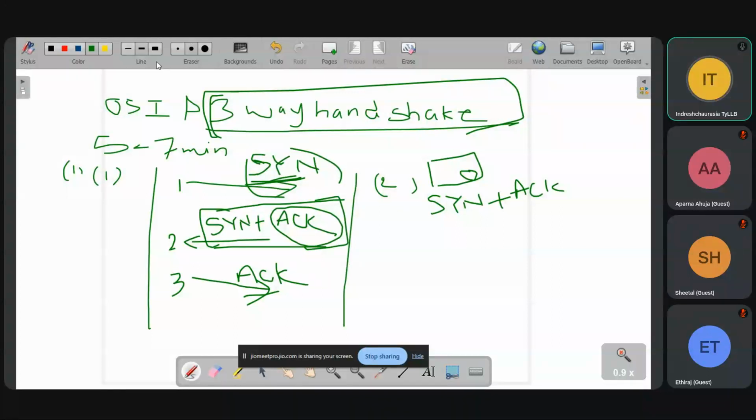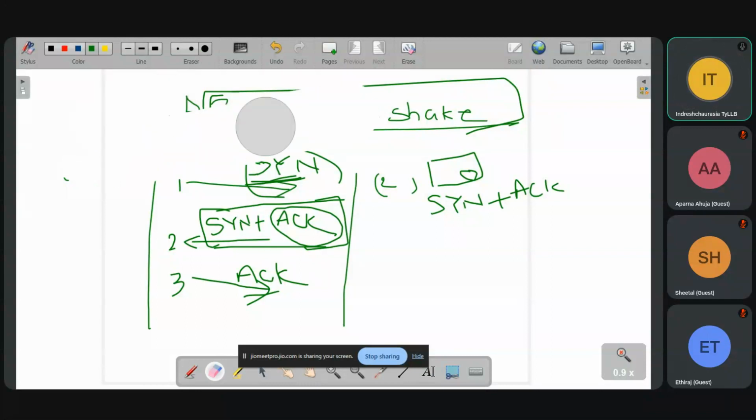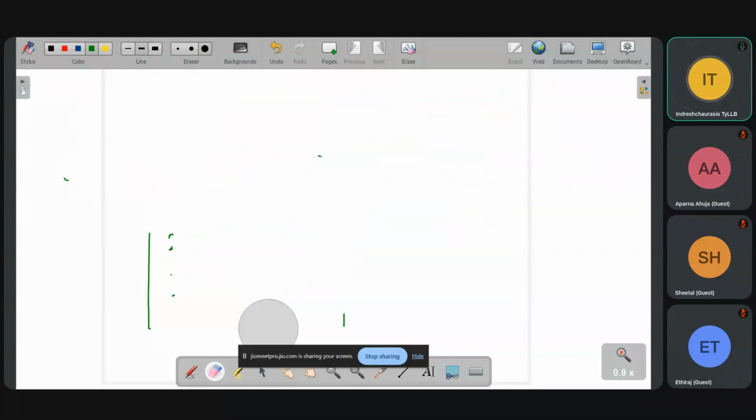Now, right now, quickly we will see this one. Three-way handshake. So can you tell me what is the first layer, Nithiraj? Sheetal? Application layer?